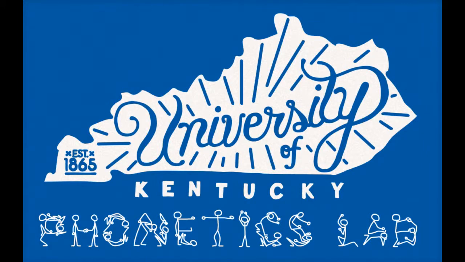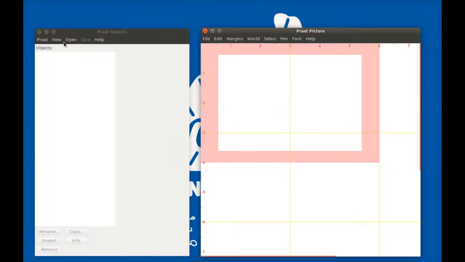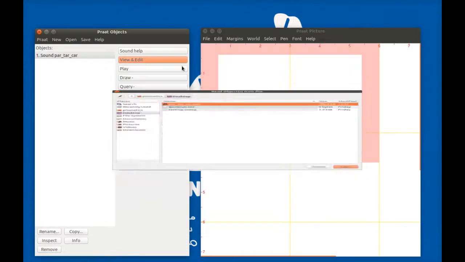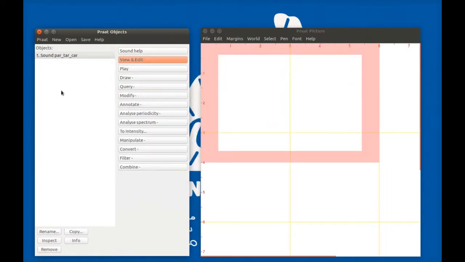So for homework 1, you're given the assignment of measuring stop closure duration and voice onset time for a variety of English voiceless oral stops in different vowel environments, that is, paired with different vowel qualities. And what I wanted to do was make a very quick video here where I take an example file, not something from your homework, but an example file, and show you how I would measure stop closure duration and VOT